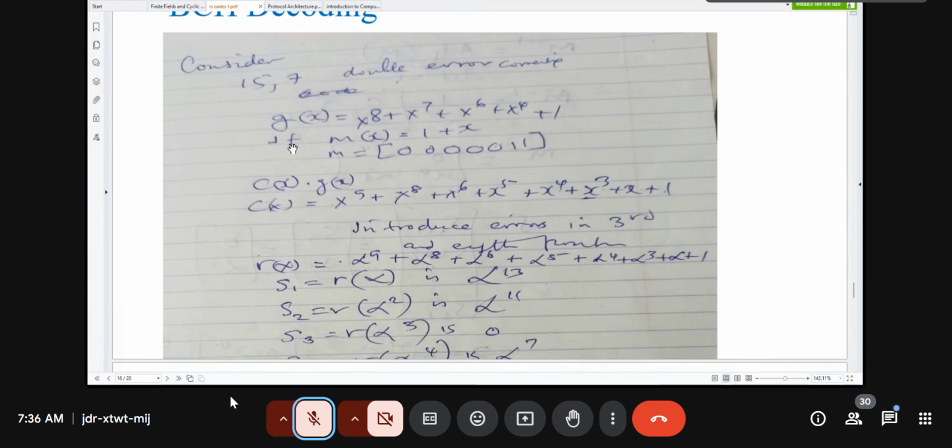So let's say we have this message. This message Mx is 1 plus x. 1 plus x simply means this. I just put it in this order. 1 plus x means this is 1, this is x, all these others are 0. So if we multiply this,